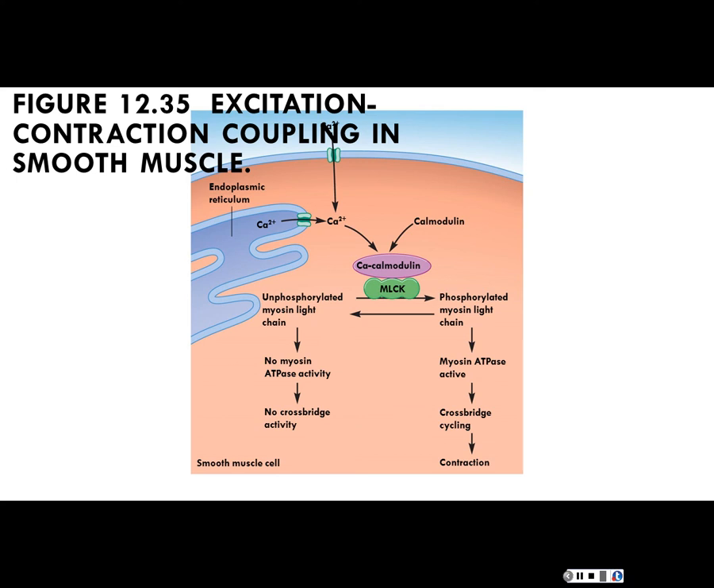We'll conclude our discussion here. This is figure 12.35 in your textbook. We'll pick up on Thursday the rest of this. But before you go,